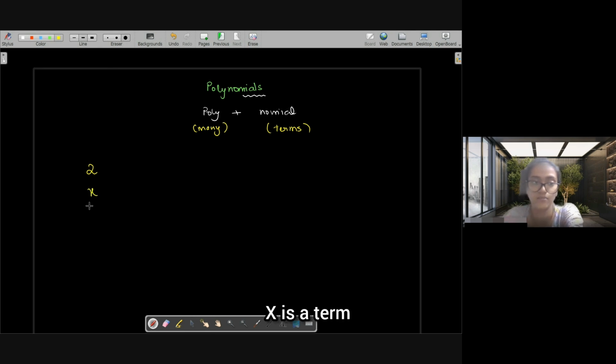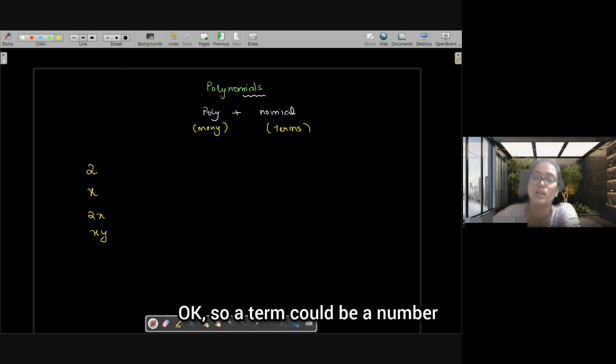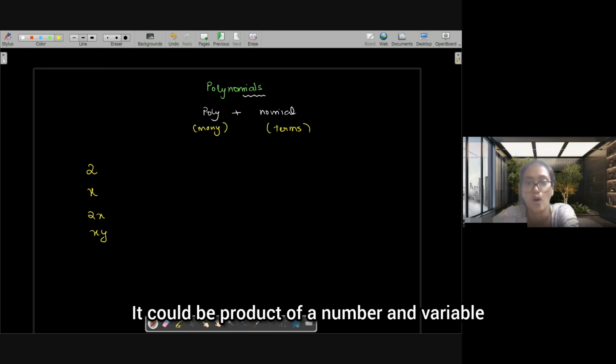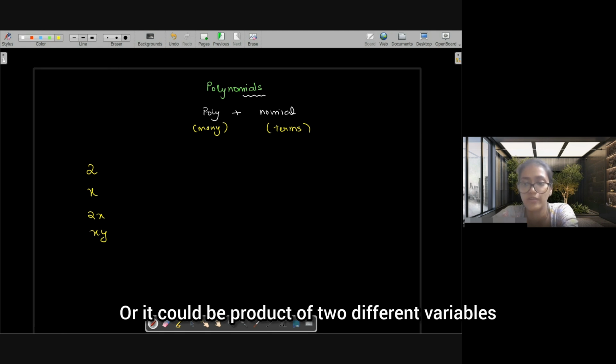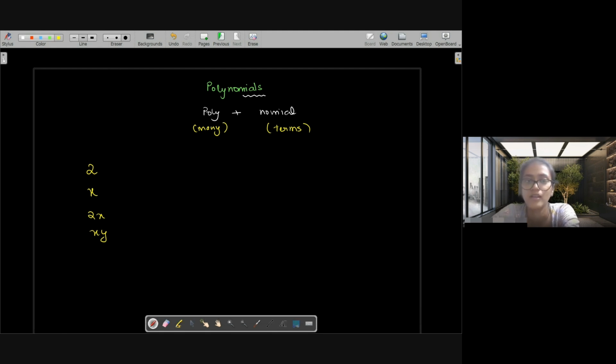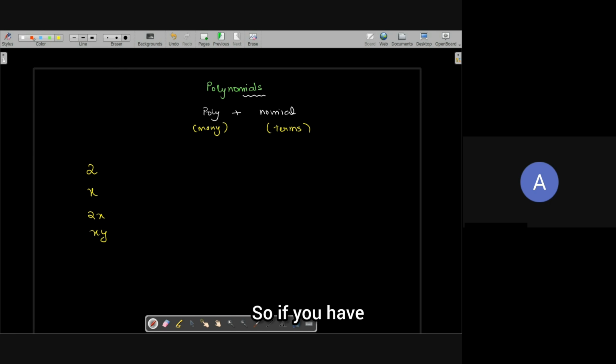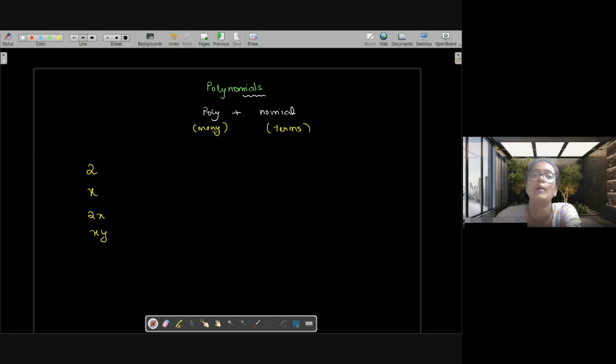X is a term. 2x is a term. XY is a term. So a term could be a number, a variable, a product of a number and a variable, or a product of two different variables. If you have many terms, there is monomial, binomial, trinomial, and after trinomial we have